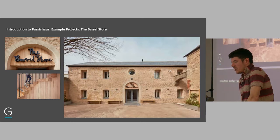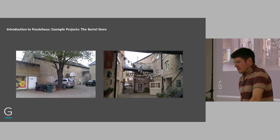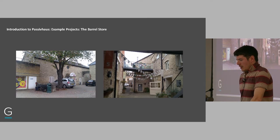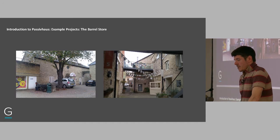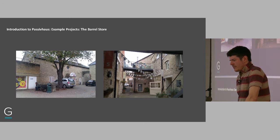We were approached to convert that into a youth hostel a few years back, and that was completed middle of last year. So this is what it looked like originally. It's been cleaned as part of the work. It's part of the Brewery Arts Centre, which is a sort of arts organisation in Cirencester. And one of the reasons they wanted a youth hostel was to provide accommodation for their residential courses. But you can go and stay there as a member of the public if you've got your YHA card, or even if not, I think. But anyway,